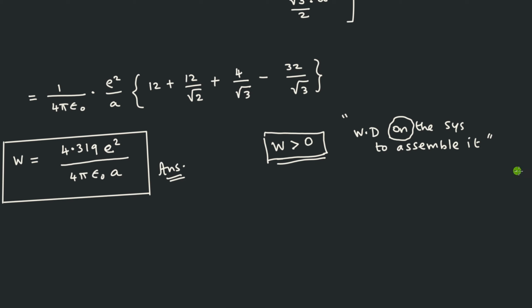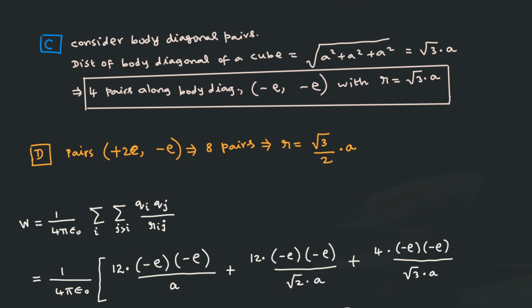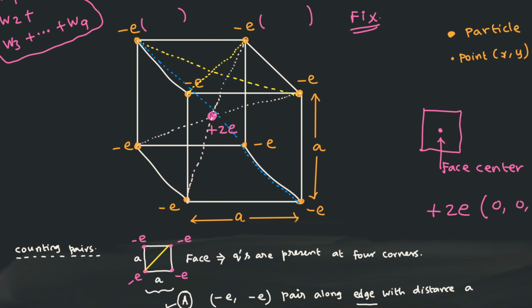So the idea clearly tells you the purpose of this particular calculation: we are able to understand how to count the number of pairs in a given system. It need not be in the form of a cube. It can be in the form of a triangle or a hexagon. But as you see, geometry enters the picture. You should know how to calculate the distance between the body diagonal, the distance from the body center to the corner. If the diagram is given for a hexagon, for example, you should know how to find the distance from one corner to another corner of a hexagon. So there is an assumed knowledge of mathematics. You should know basic geometry in order to deal with the situation.